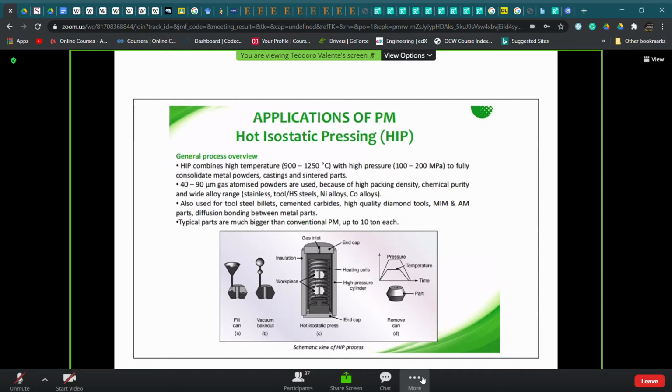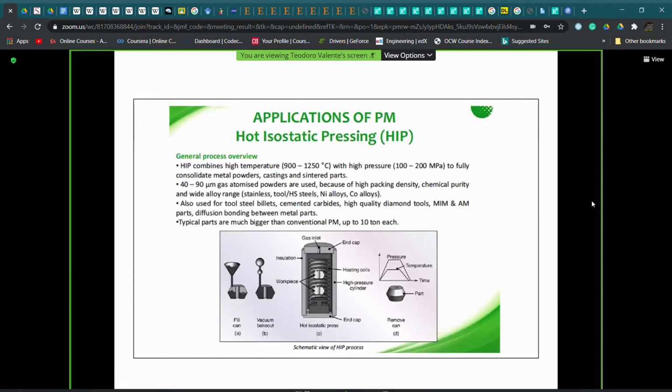You can convert it in bar if you want, with temperatures again in the range of 1,200, 1,300, 1,100 Celsius, depending on the starting materials in terms of composition and in terms of shape and